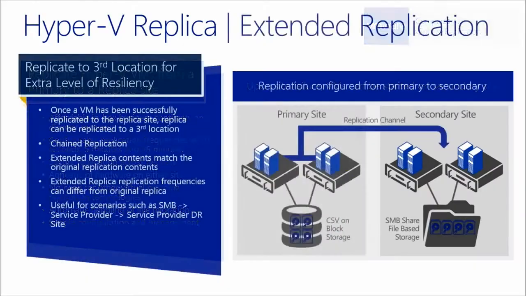So I mentioned before Hyper-V Replica and extended replication. I just saw it in the wizard there. But what does that mean? Well, as we see on the slides here, we've got our replication configured from primary to secondary. We're done. We've set that up. Everything's happening. Great. However, extended replication allows me to replicate the replica to a third site. So think of it like A to B is what we just set up. Now I could set up B to C. So it would be taking that virtual disk and the virtual machine and replicating it not just once, but twice